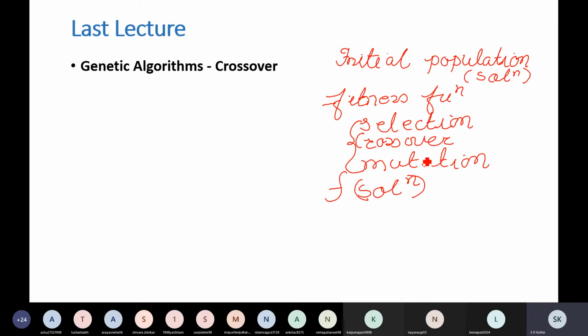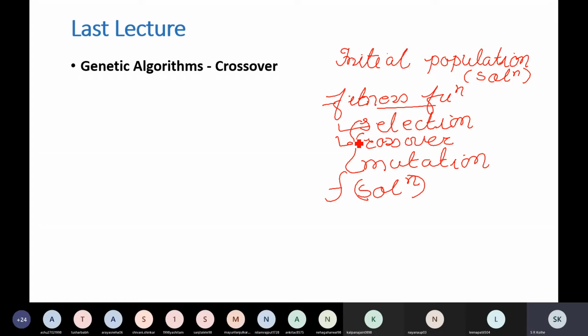And then we have discussed how to define fitness, that is problem dependent. Then how to perform selection, different selection techniques we have discussed in earlier lectures, that is roulette wheel selection kind of techniques. And then we have discussed various crossover techniques.